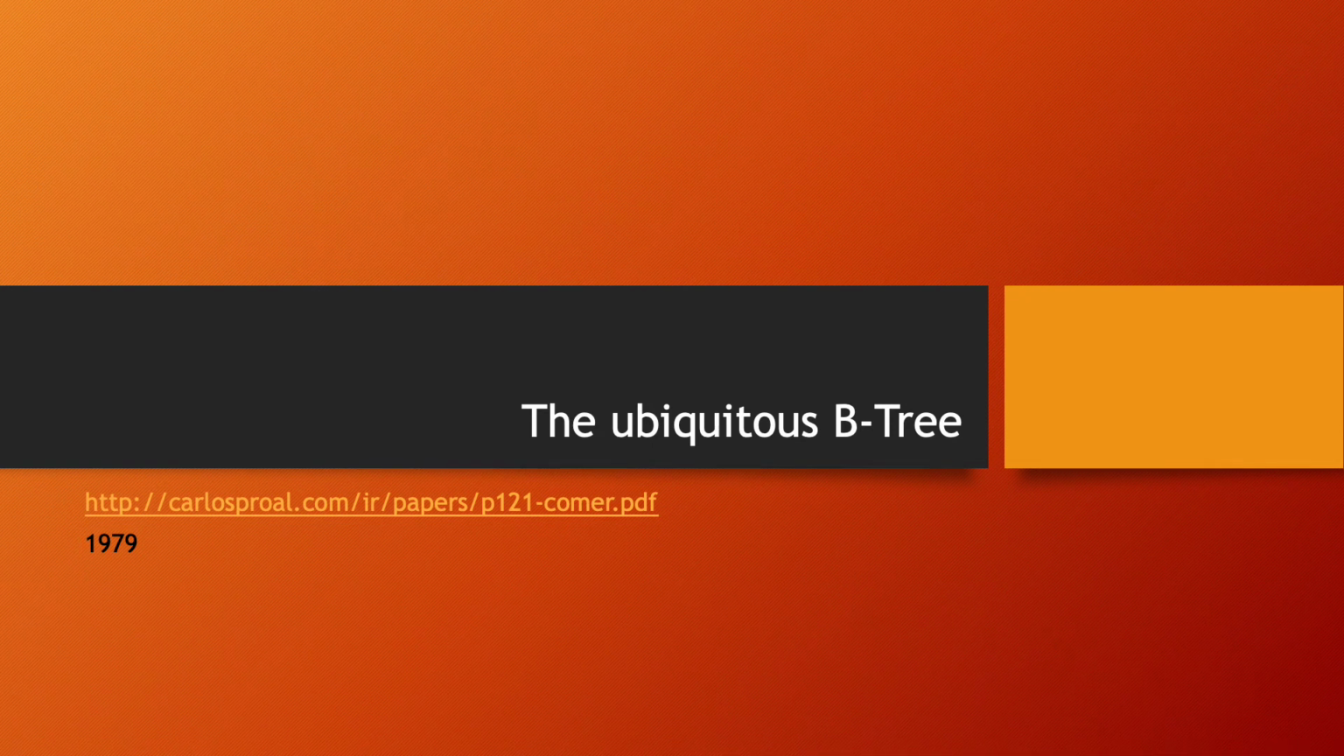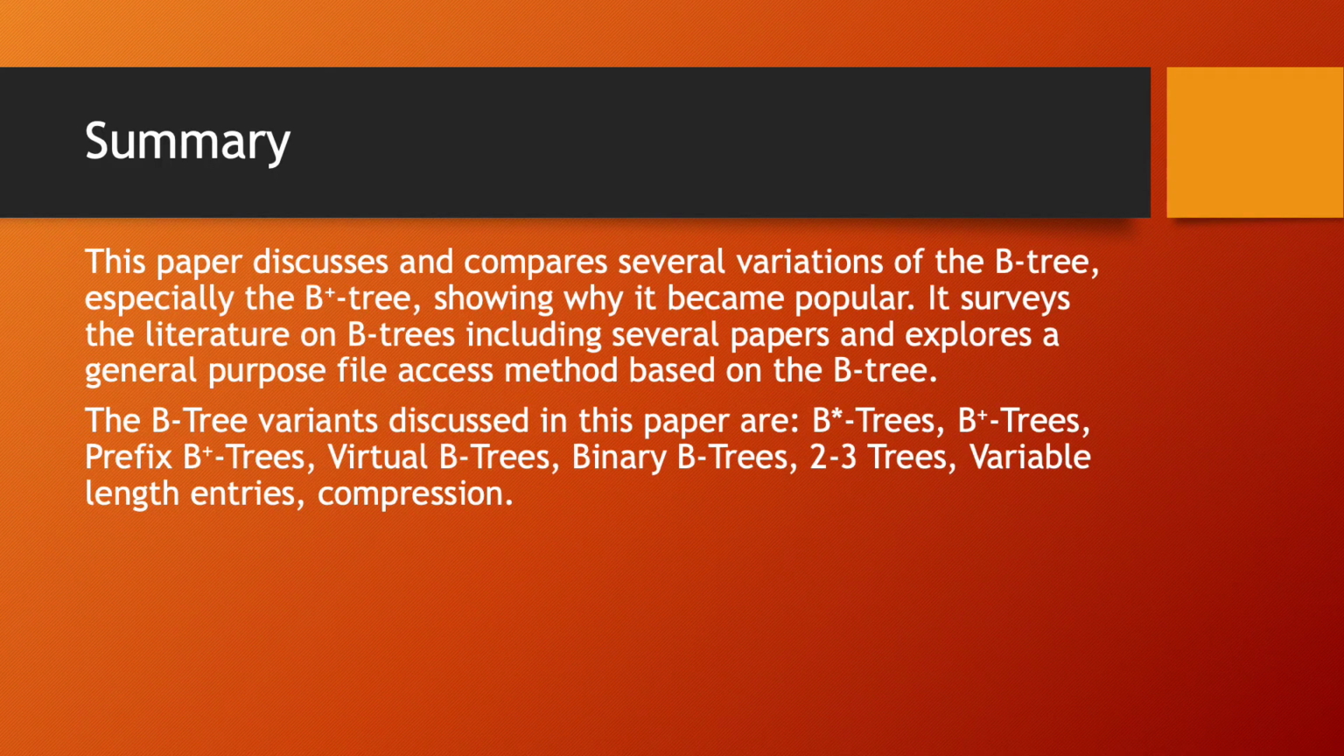This paper is the Ubiquitous B Tree. It's a 1979 paper. This paper discusses and compares several variations of the B tree, especially the B plus tree, showing why it became popular. It surveys the literature on B trees, including several papers, and explores a general purpose file access method based